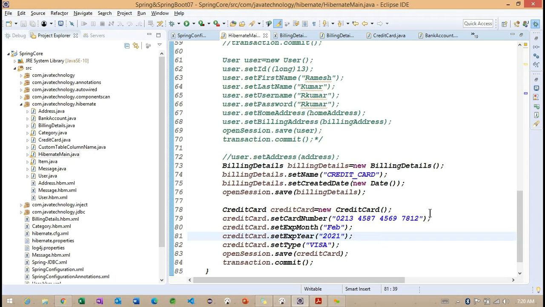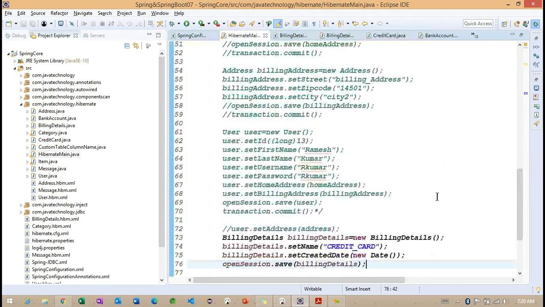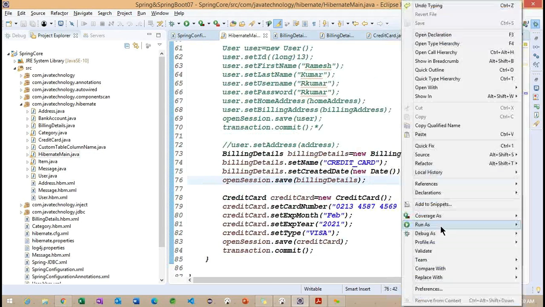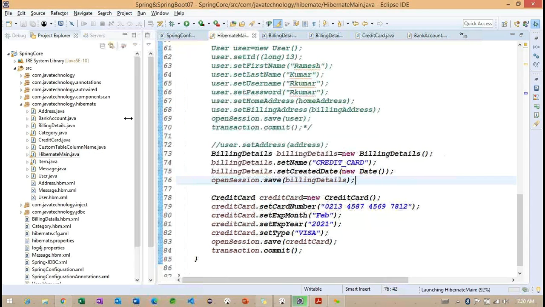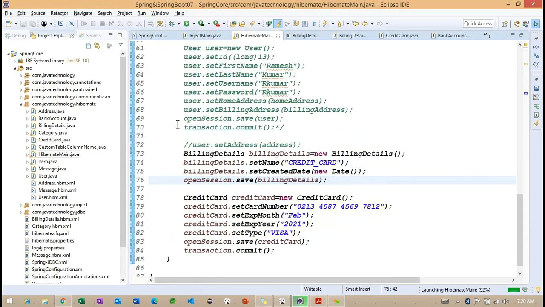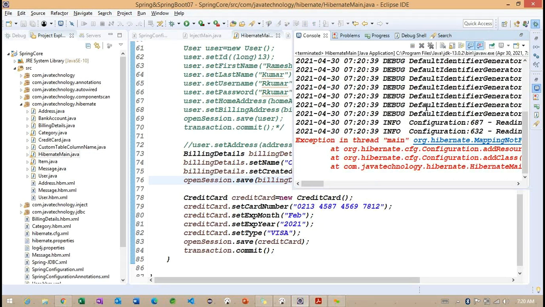So now, observe carefully. If I am going to run this particular example, for this particular bank account details information, we are going to get an object null here, right? So if everything is going to work well, we are going to get a null here for this particular object, and if we miss something, we are going to get an exception. So we need to understand whether it's going to provide the successful information or any error. So launching is taking some time.